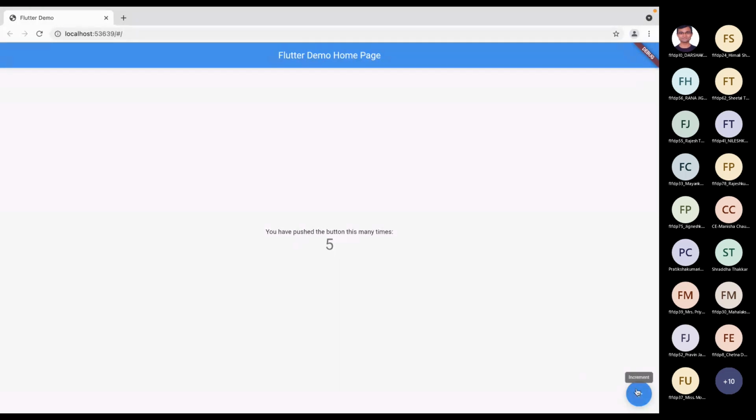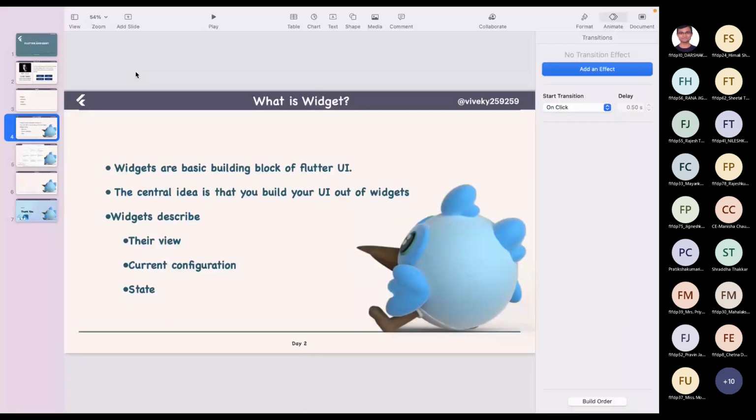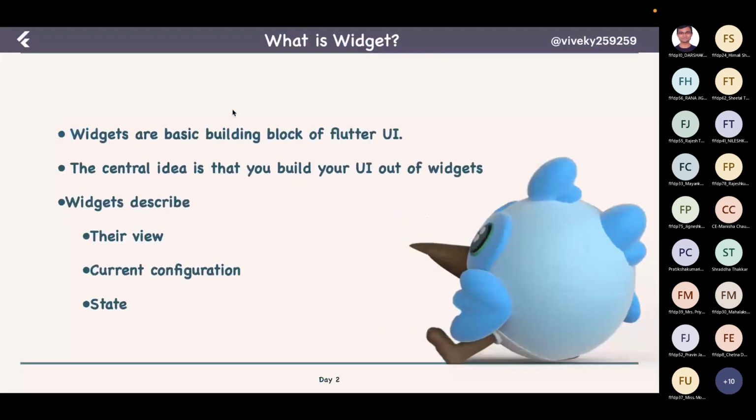This plus button is also a widget. And if I long press on it, you can see the text coming over here, the increment tooltip, that is also a widget. That is why whatever we see on the screen of our Flutter application is nothing but a widget.